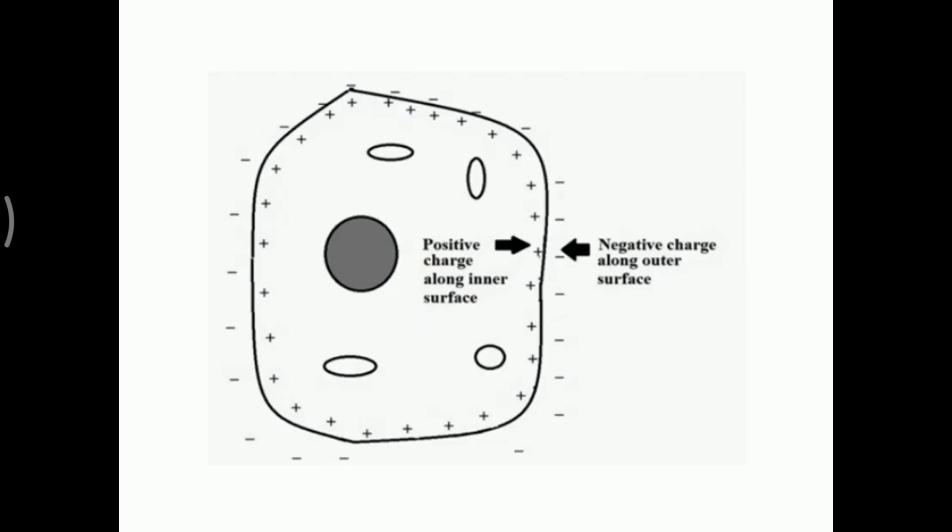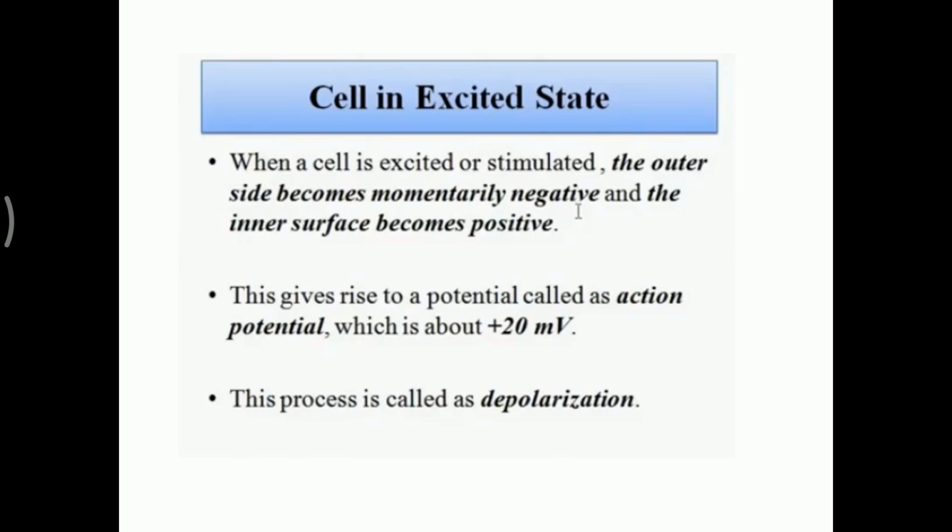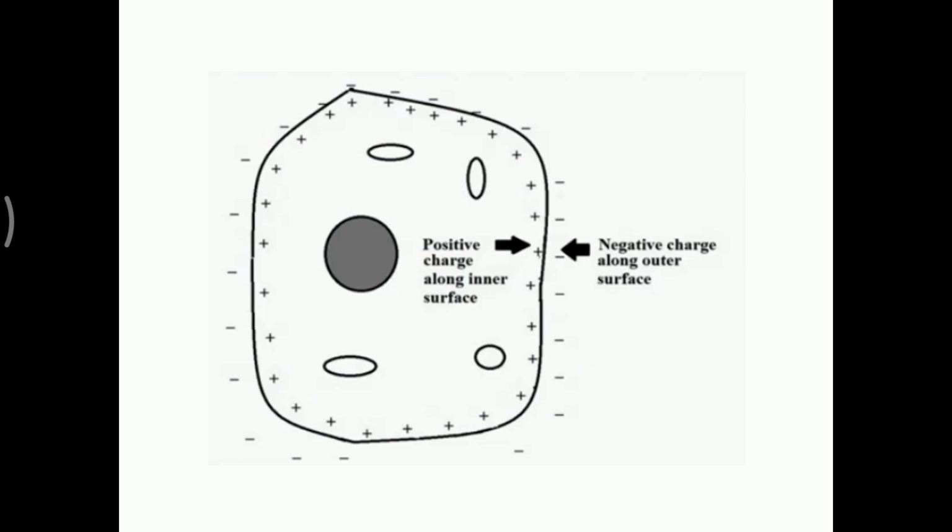So this is the diagram of the cell membrane. Inside it is positive and outside it is negative. Positive means sodium and potassium are present inside the cell membrane, and negative chloride is present outside the cell membrane. So this leads to depolarization, or creates the action potential. By using some electrodes, we are able to tap out the action potential to the recording systems.